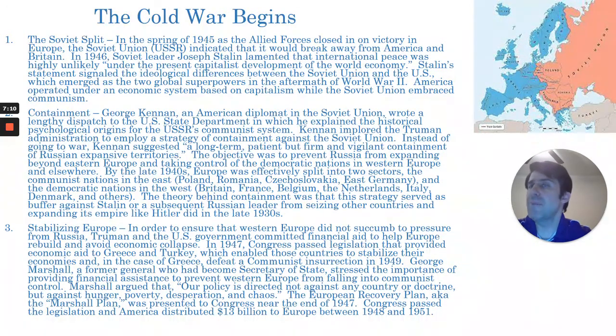And so what that meant exactly was, instead of going to war or using military force, Kennan suggested, quote, a long-term, patient but firm and vigilant containment of Russian expansive territories. What that meant was, do not let Russia expand across all of Europe. One of the lessons of World War II was that